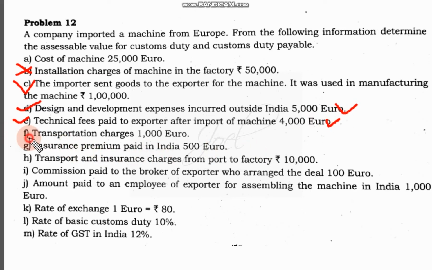Transportation charges means freight, we are going to add this. Unless it is transported through air route, the exact amount given we are going to consider. Next, insurance premium paid, if it is given, that also we are going to consider. If these two things are not given, then we have to calculate. Here it will be 20%, and insurance will be 1.125%.